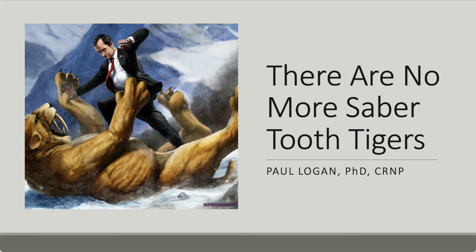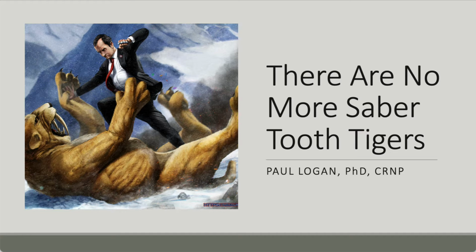10,000 years ago, your biggest chance of dying was getting eaten by a saber-toothed tiger. But there are no more saber-toothed tigers, and the way that we die now in this country is from heart attacks and strokes and stuff like that. In fact, if you live long enough, it's a vascular event that gets you. It's either a heart attack or a stroke typically, if you live long enough. So that is the basis for our discussion today.